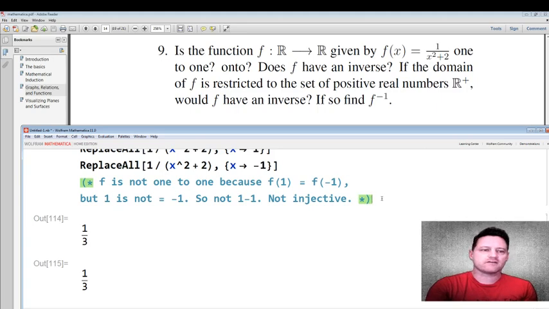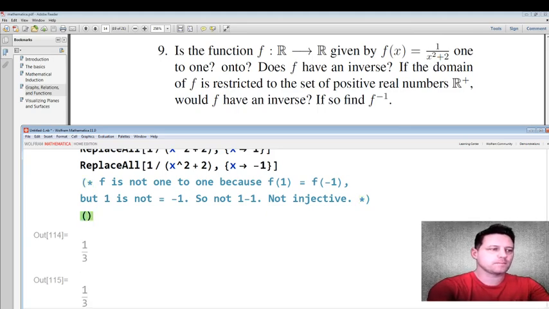Okay, now, so we've considered the first question. Next is f onto. Another word for onto is surjective. Okay, a function is surjective if every element of the set that it gets sent to over here on the right, if every one of those elements came from an element over here on the left. Well, look, this is clear because all of the elements coming out of this function are positive, you see, because of the square. So let's note in comment form,